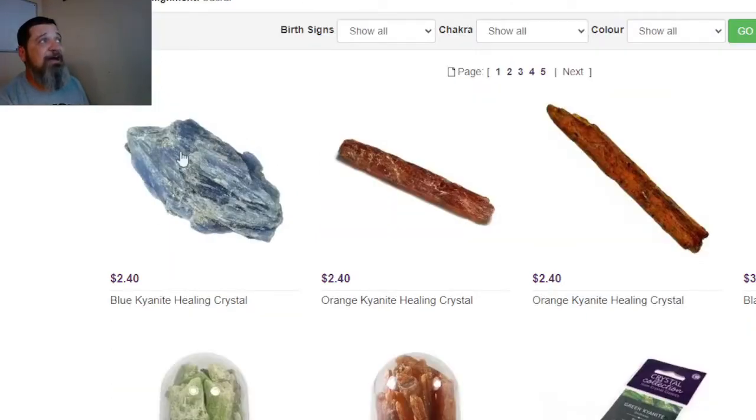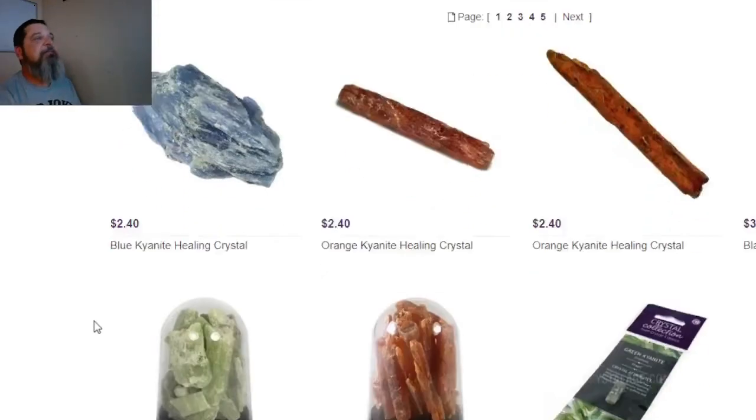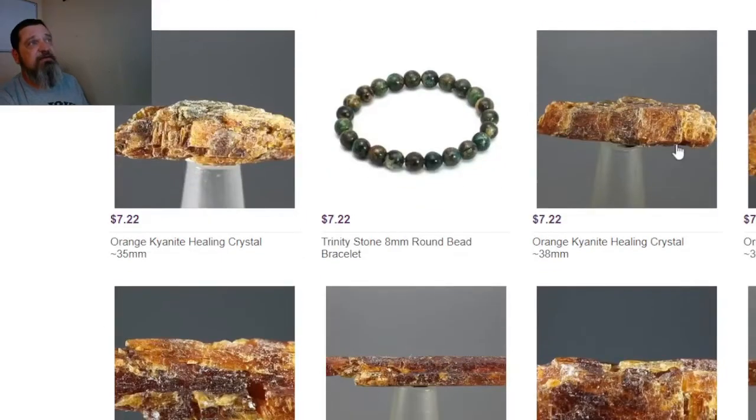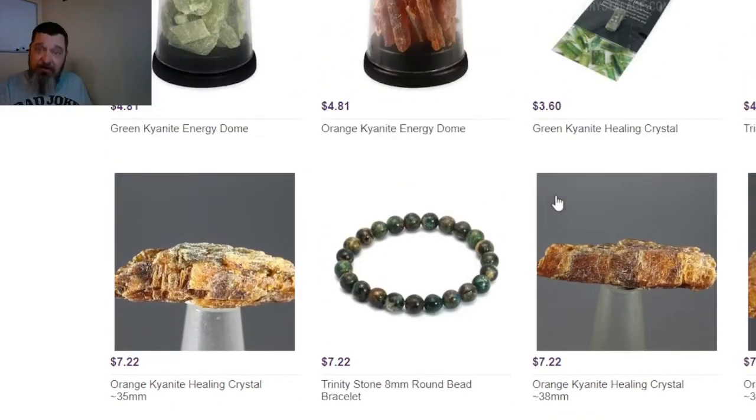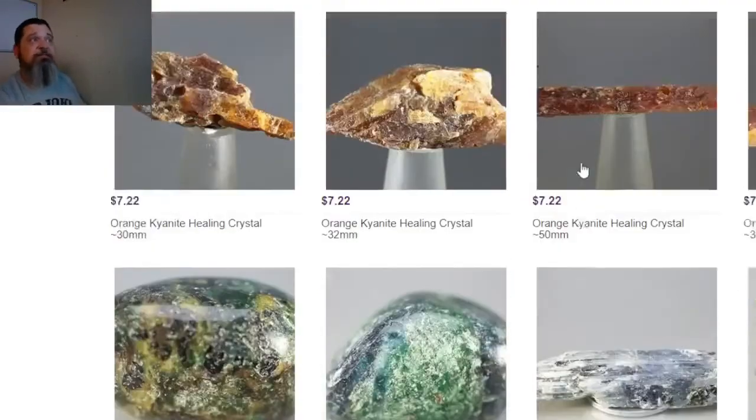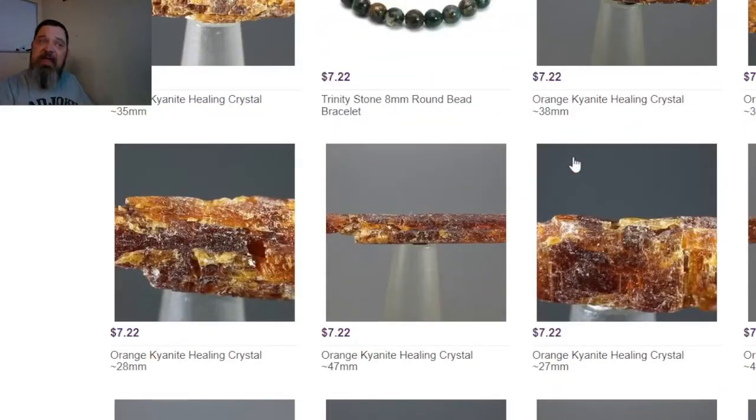Whereas if you go to kyanite, kyanite comes in different colors. It has a blue, it has an orange, it has a black. There's a shade that is almost yellow. These are used for the corresponding parts in your aura: the red, orange, yellow, green, blue, indigo, violet. Each one of these stones, each one of them doesn't have all of them, but there is something to represent